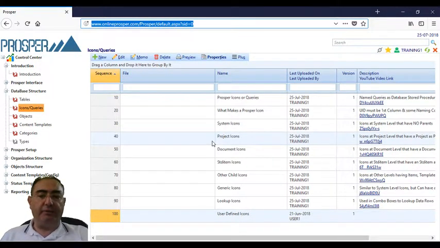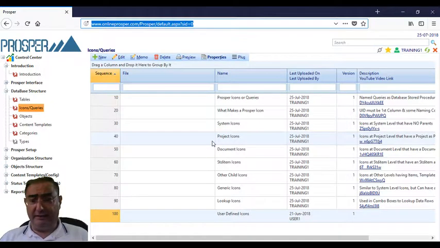Finally, the last type of icons, which do not ship with Prosper but are different in every single installation, we call user-defined icons. These are icons designed by the configurator, not by the Prosper kernel team. These icons are either simple icons that only display data, for display only. They are not based on any data table. They are based on the registers table, which is a special table called the registers table, and are